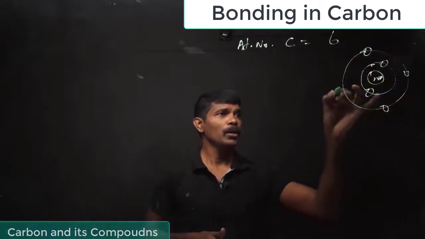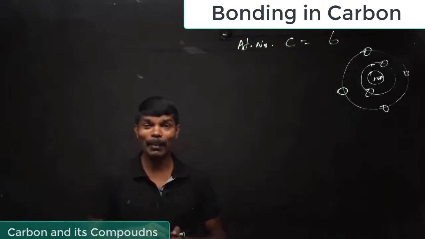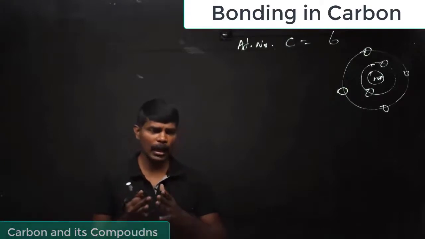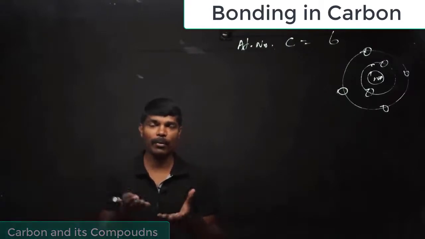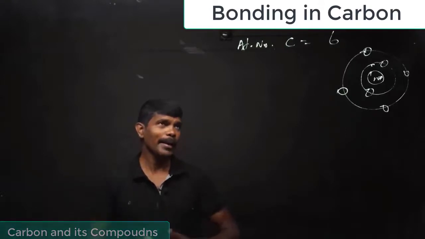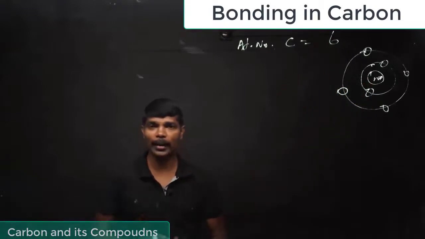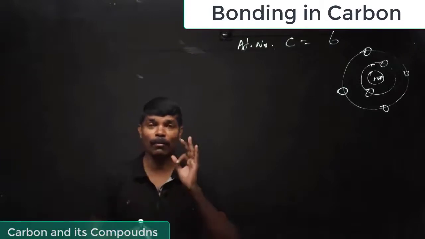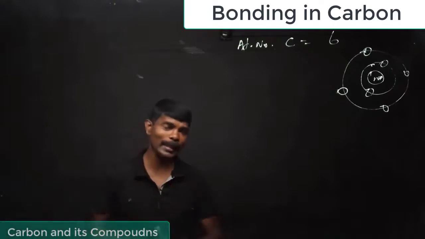This we know, right? In case of bonding in metals and non-metals, we have seen all the metals have the tendency to lose electrons and get a stable configuration, whereas non-metals gain the electrons which are lost by metals and get themselves a stable configuration, and in this way a bond is formed. We call it an ionic bond. In case of carbon, you see 4 electrons are there in the outermost shell, and we have also studied that an element can lose a maximum of 3 electrons. It's not possible for an element to lose or gain more than 3 electrons.